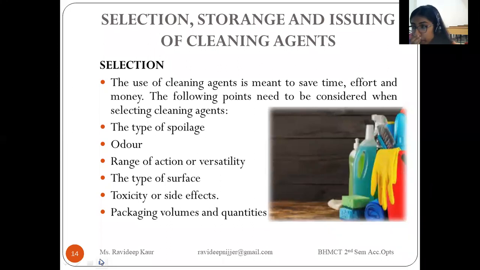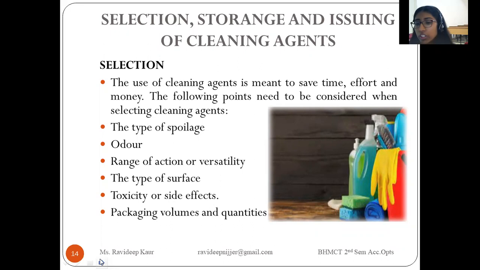So second we have the odor, what odor it is, the range of action or versatility, how you go about cleaning, what type of surface needs to be cleaned, then toxicity or side effects, that if you select, for example, if you select